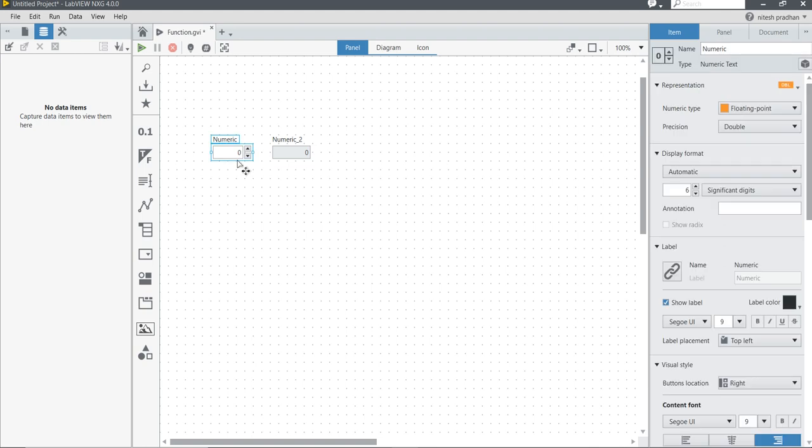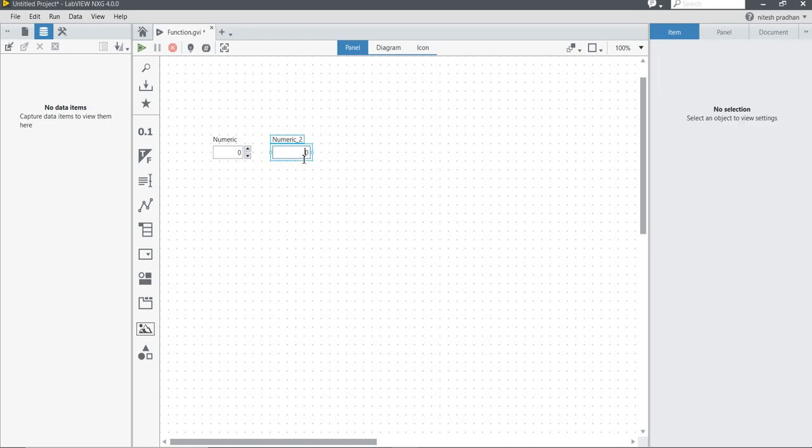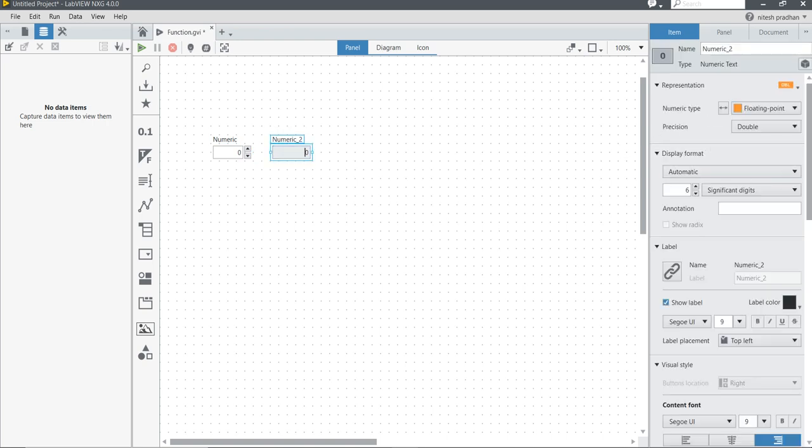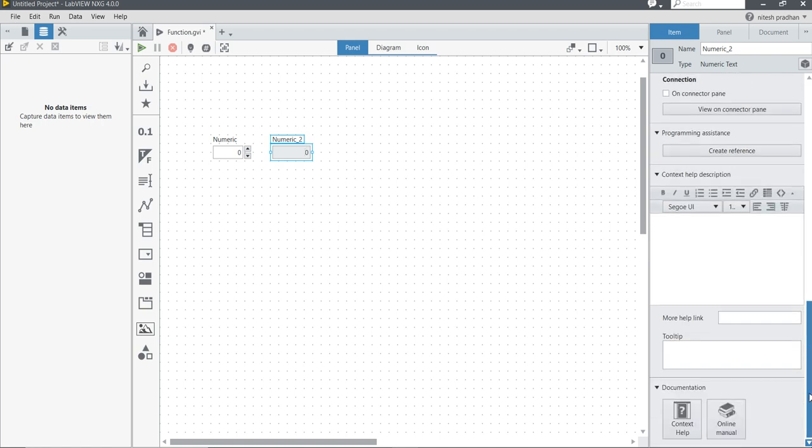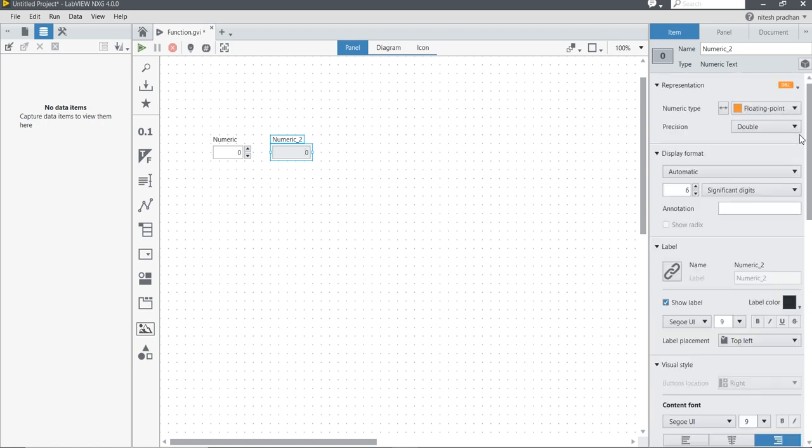So let's try to click the numeric indicators. For the numeric indicators, it is completely the same. Look at here, the format display. In this format display you will get the numeric indicator automatically. So what is this? It is a precision of 6 points. After the dot, how many values you can put.